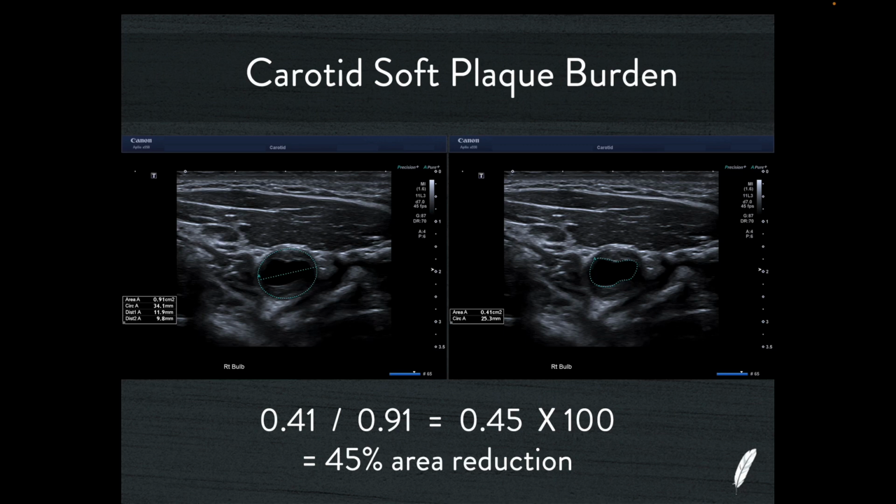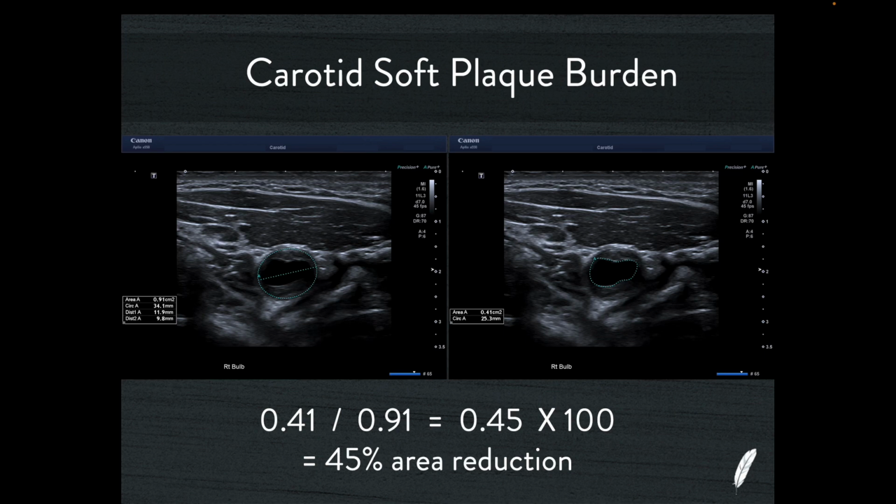I can then multiply that by 100, and that tells me that I've got a 45% area reduction. So what I need to do then is calculate what a 45% area reduction means in terms of diameter reduction, and 45% area equates to approximately 25% diameter reduction, and that's the number that I can put in the report. And so I'm saying that this gentleman at 44 has a 25% diameter reduction. Now, that doesn't sound like a lot. You know, you don't get hemodynamic changes until you get to 50%, but at the age of 44, I think